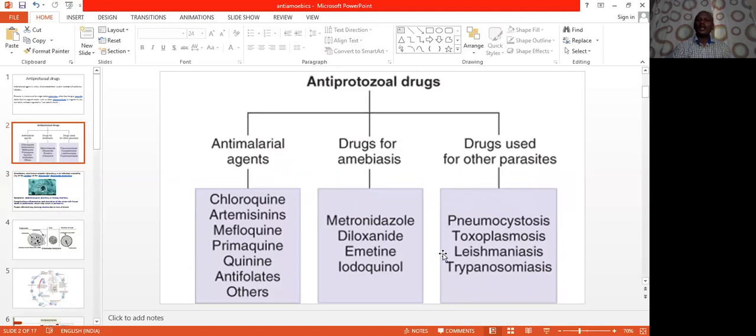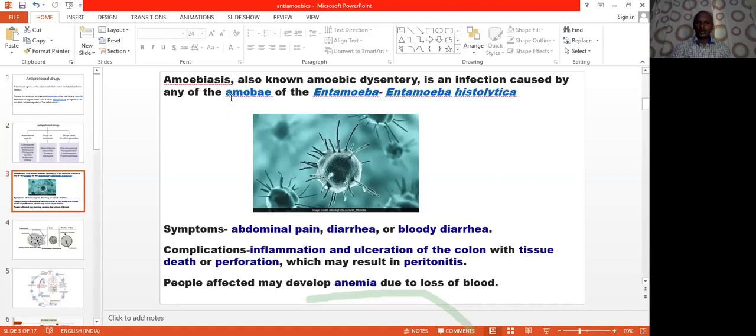So these are other protozoal infections, and we are not going to discuss these infections in detail. This infection, amoebiasis, is the one we are going to discuss in detail. We know that protozoal infections are caused by protozoa, which are single-celled animals. Amoebiasis can also be called amoebic dysentery,